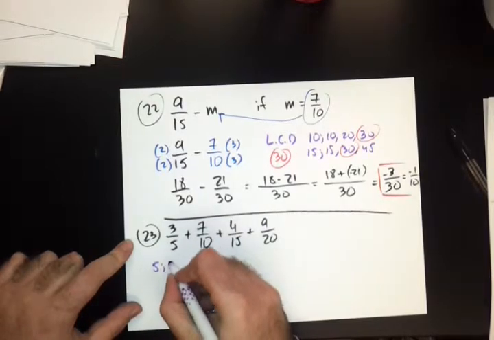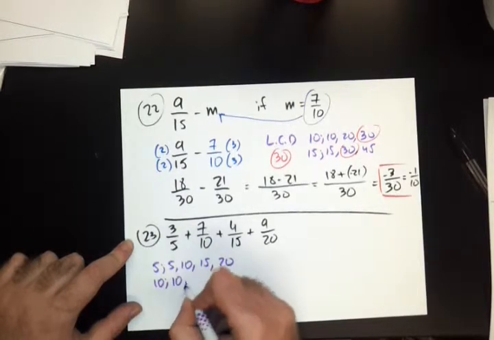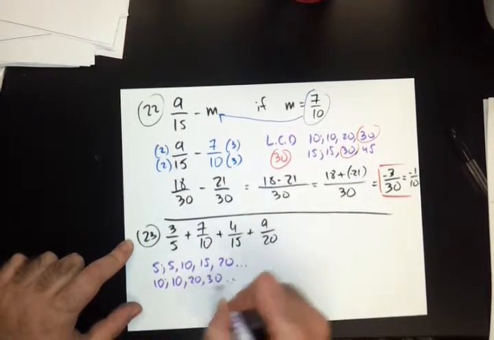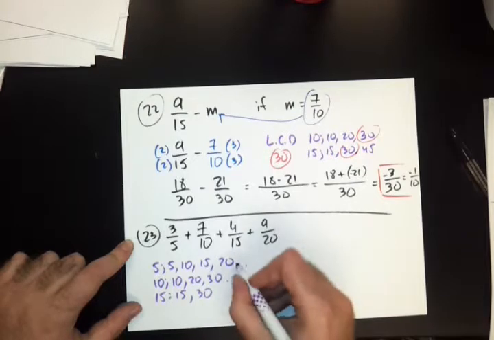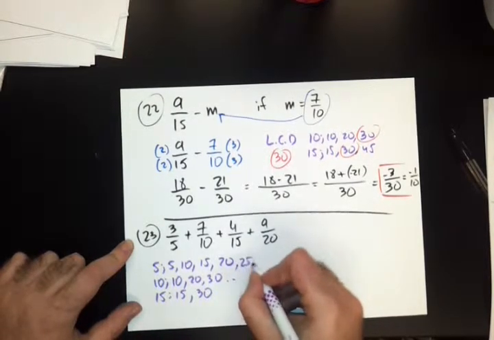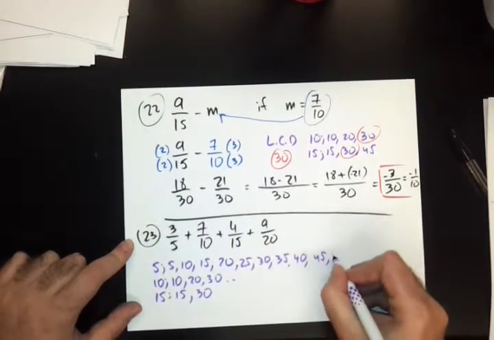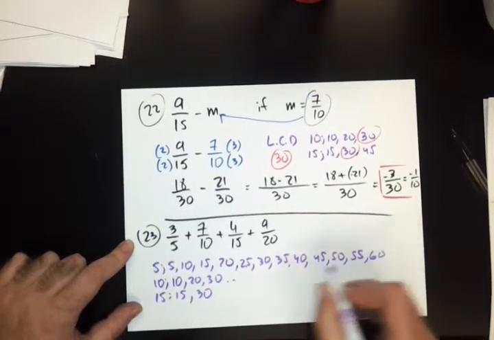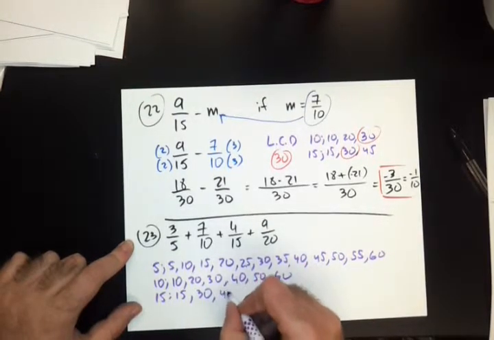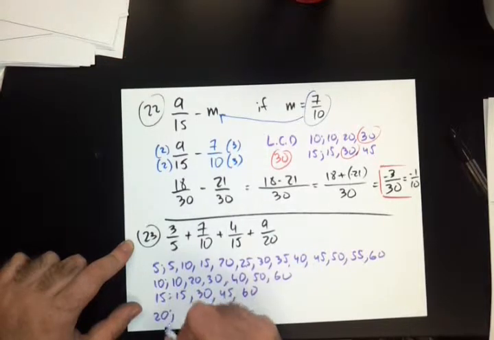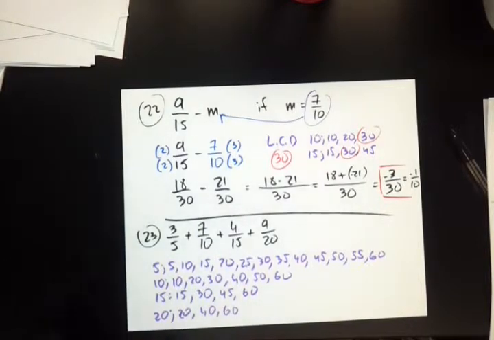List the factors for 5. It's 5, 10, 15, 20. List the factors for 10. It's 10, 20, 30, and so on. List the factors for 15. It's 15, 30, and so on, 45, 60. And the factors for 20 would be 20, 40, 60. So the LCD